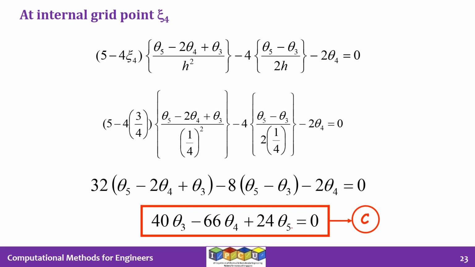You can apply the same idea to the internal grid point psi 4. You get the same kind of equations, but the indices will be shifted by 1. So just be very careful with that. So you should be able to get this, and psi is psi 4 at grid point psi 4. So psi 4 we know is 0.75. So wherever you see psi 4, you can put 0.75 or 3 by 4. And wherever you see h, of course, we are going to use 1 by 4 because that is the h we have chosen in this problem. Again, putting in those numbers, you will get equation C.